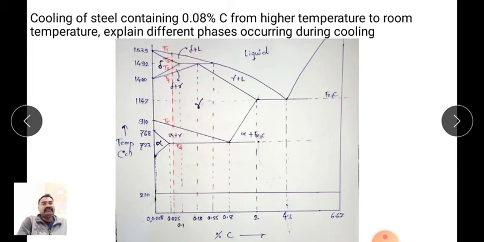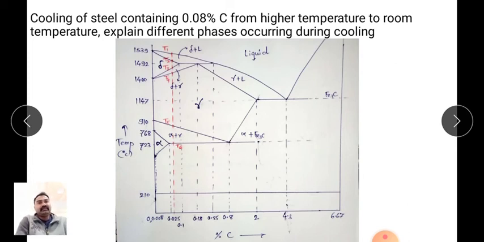In that case we drop the line passing through 0.15% carbon, which is just before 0.18. From that point we draw the vertical line which intersects the different curves, and